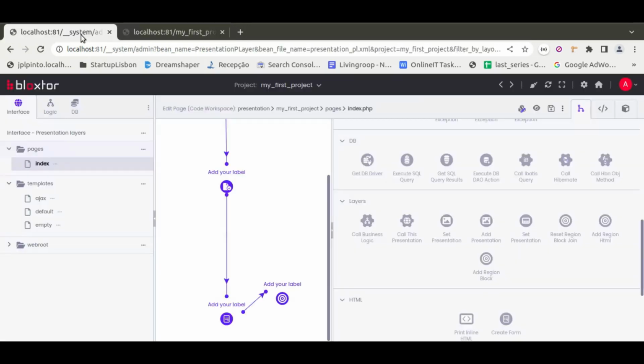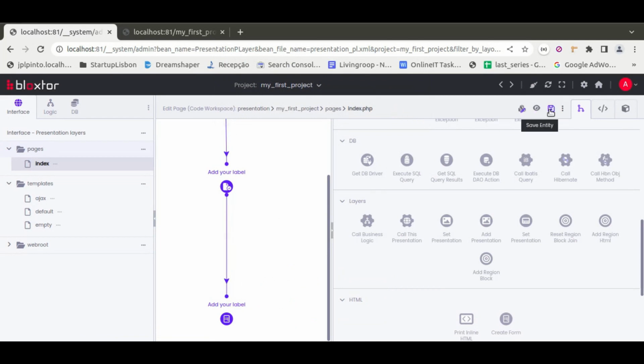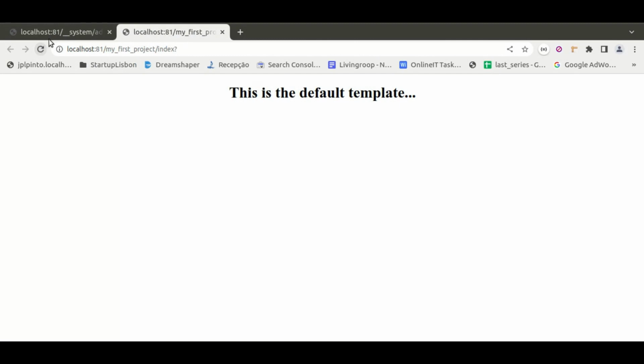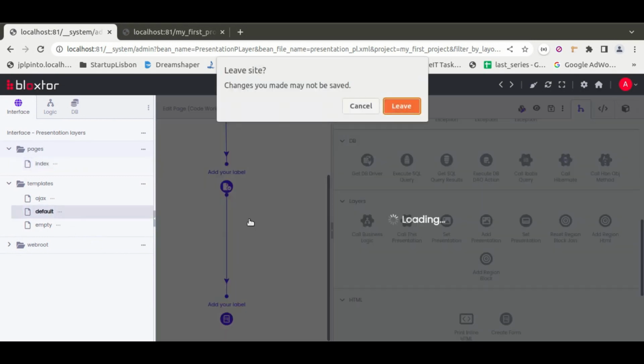Another way of doing it is, instead of creating a region here, let's erase this. I erase this, I save the workflow, and if I refresh it should disappear. Okay, it disappeared. So instead of doing this, I could just go to my template here